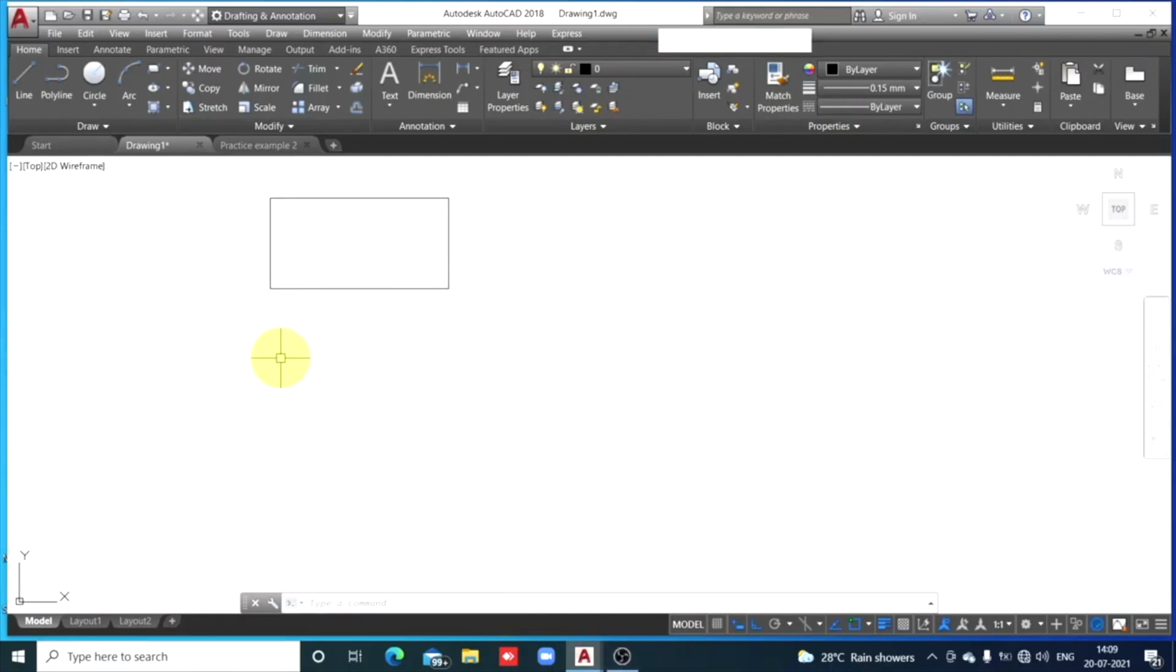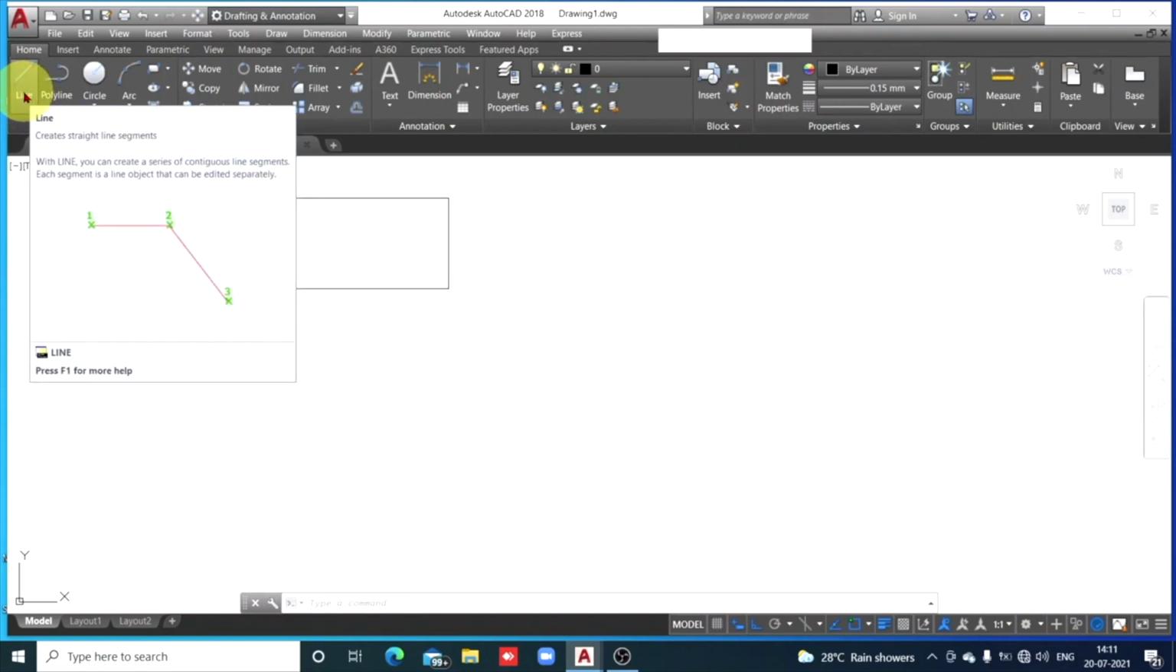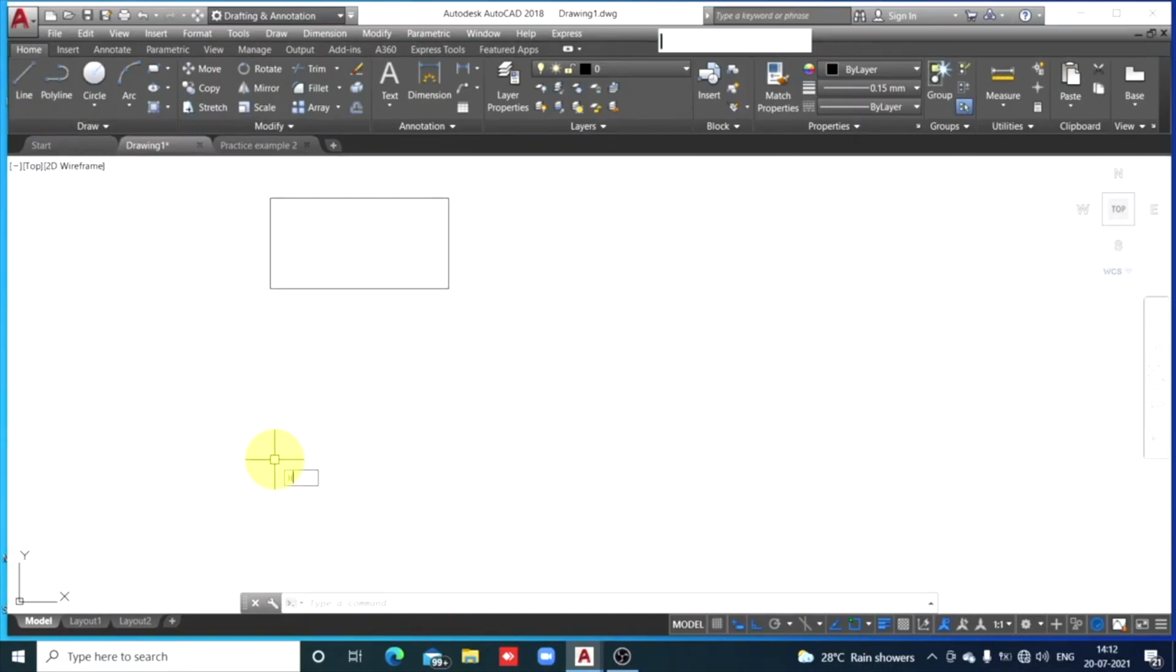Which two dimensions you get in the top view? Length horizontally and width vertically. To start drawing that rectangle, line command I'll select. Using this line command, I'll complete the rectangle here. To select the line command, take your cursor in this draw menu and click this button, or type line in the command bar